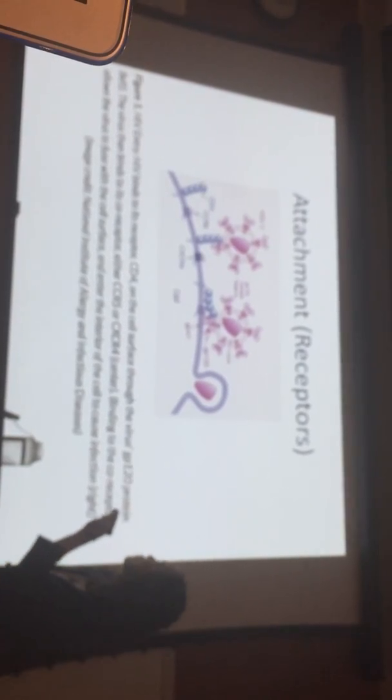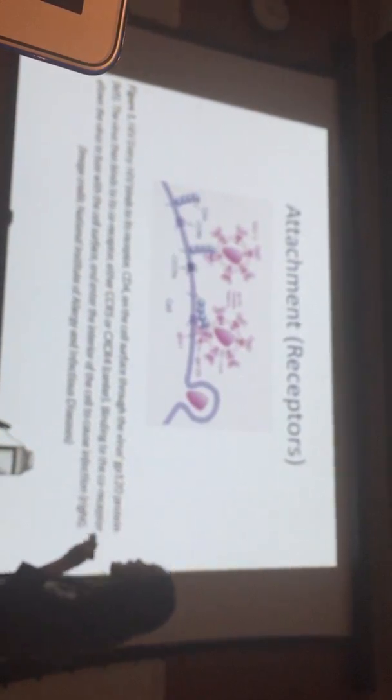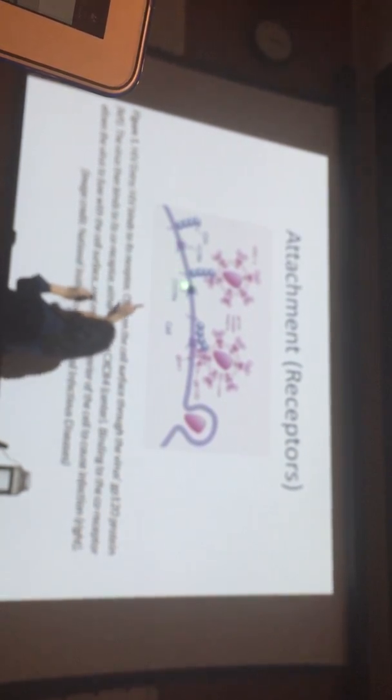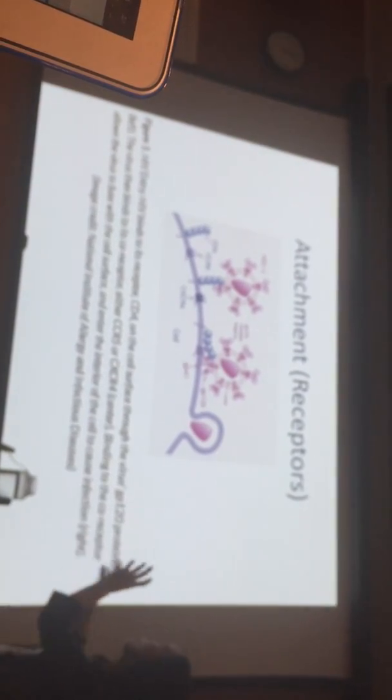But here we have the attachment picture. So here's like all the docking stations. And CD4 is really like the main docking station for that GP120. So they make contact. And then usually there are additional proteins, like these little CCR5 and CXCR4 proteins that the virus likes to also make contact with before it actually triggers the entry. And when it triggers the entry, it's the stem part of the spike that pokes through, drills like a hole through, latches on, so that the virus can eventually fuse and meld in, and the